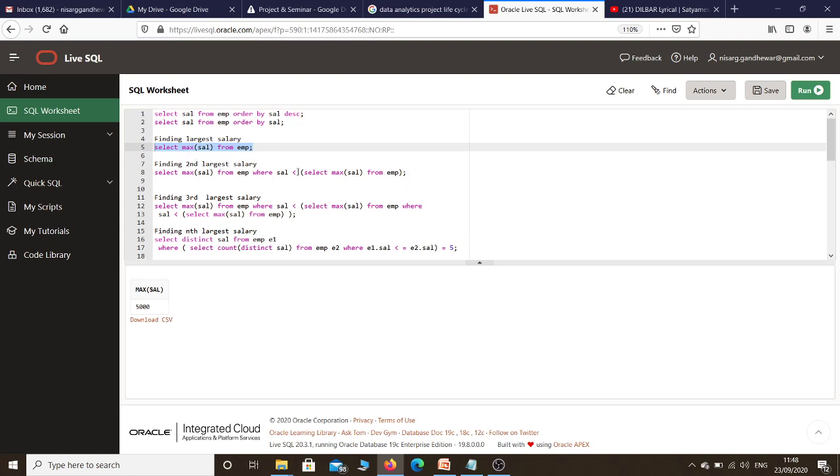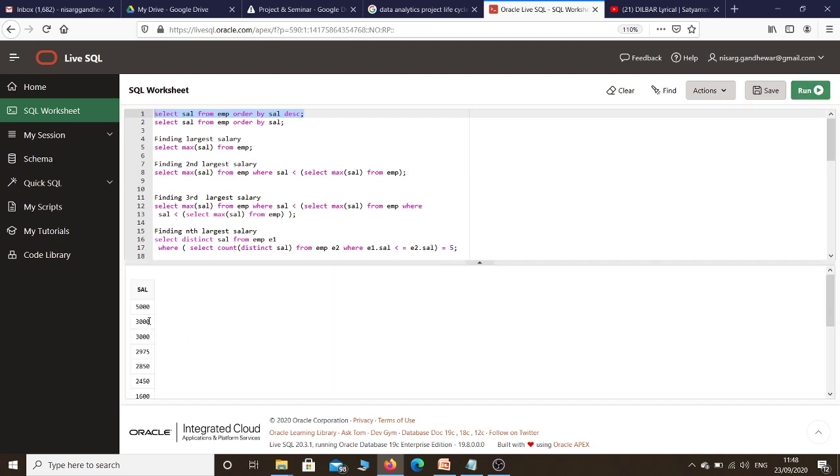So what I have done is nest the same query which I used to find the first largest salary. So I simply nested it, and I got the output 3000 as the second largest salary of an employee. If you remember, I showed you the salaries of employees in descending order: 5000, 3000. Now if somebody asks me to find the third largest salary, again you can nest it